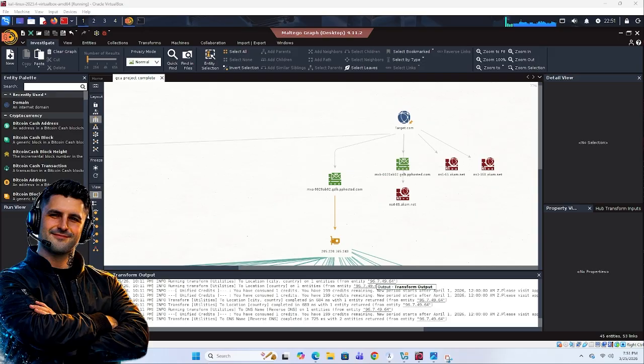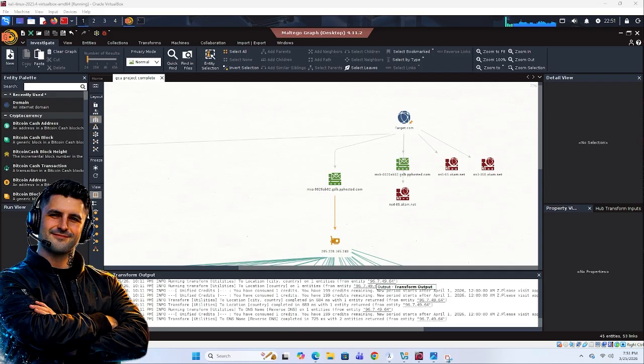From here, I pivoted from the domain and mail infrastructure to identify associated IP address information. This step helps determine where services are hosted and what systems are exposed through public infrastructure. IP resolution is a key part of OSINT because it connects the domain to actual technical assets that can later be analyzed for ownership, hosting, and